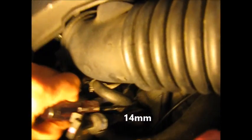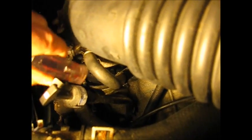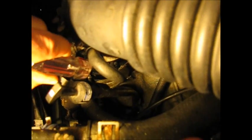And I want to point one other thing out here. Where the upper starter bolt is. This is not such a great thing. You can see my screwdriver in there. I'm trying to point it out. See it moving around. There's a bolt right here, 14 millimeter. Let's see if we can zoom in a little bit. Yeah, there's the bolt right there. There's our dipstick. Just going to make it rather difficult to get it out, so we're going to be moving